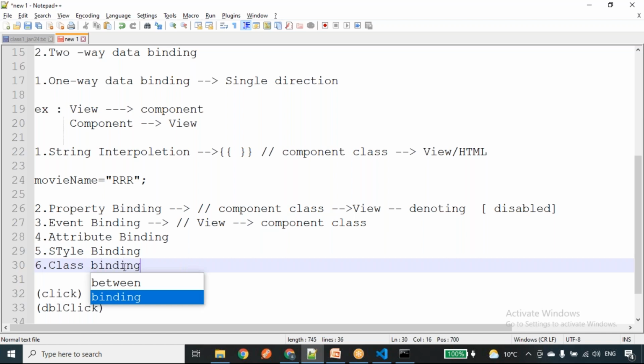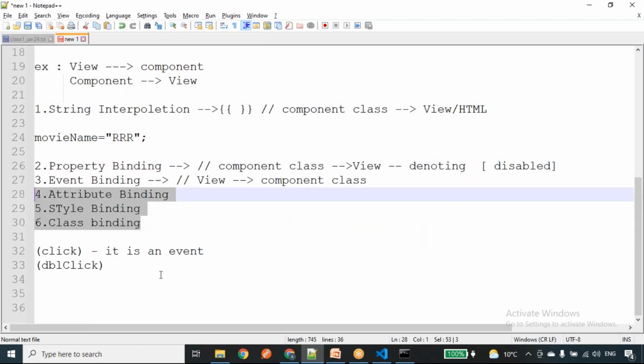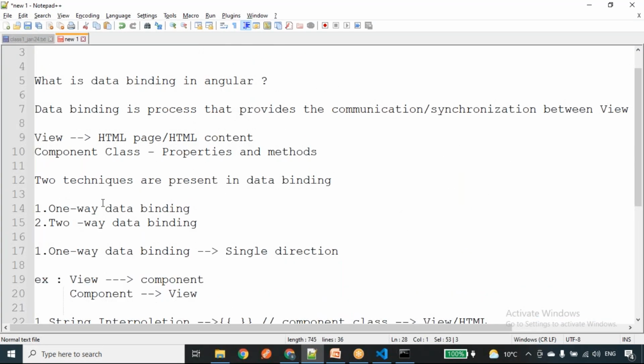We'll see these examples in the further classes, whenever I discuss the directives, like class, style, and the structural directives. I'm going to discuss all those things while discussing the directives concept. Next, we'll move to the two-way data binding.